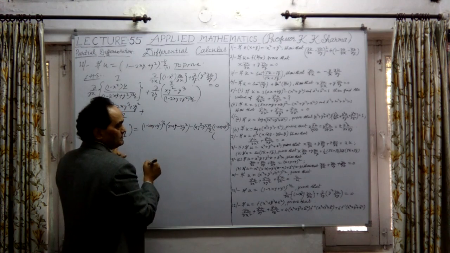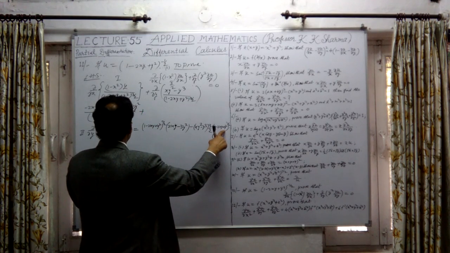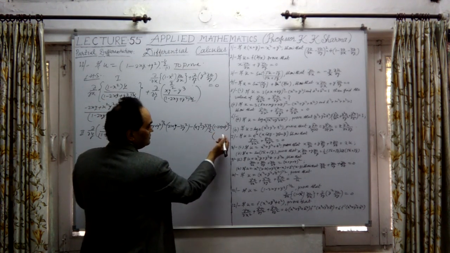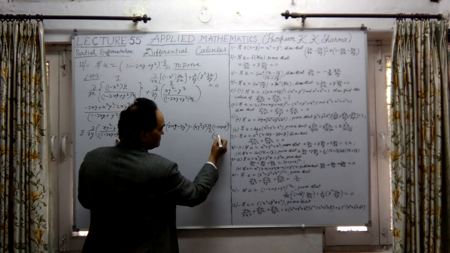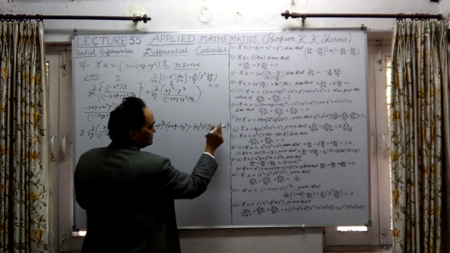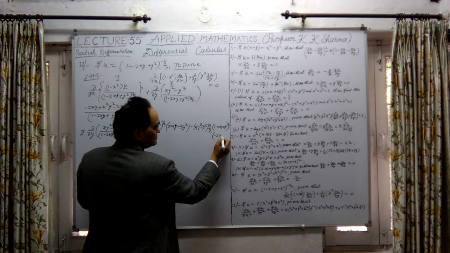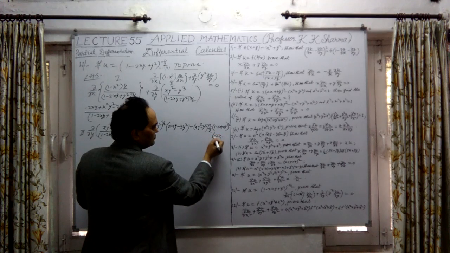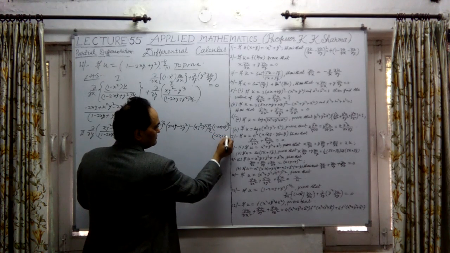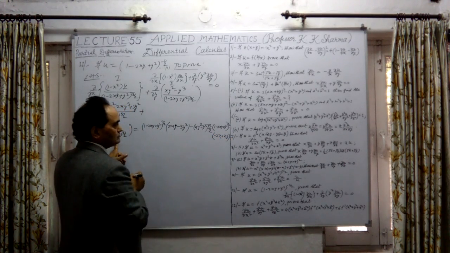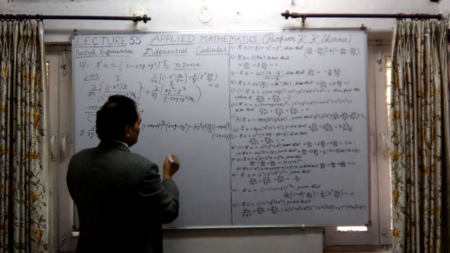Multiplied by the differentiation of this with respect to y, which is minus twice x. The first term y gives 1, so this is minus twice x. Plus y square, whose derivative is twice y, multiplied, okay, and divided by